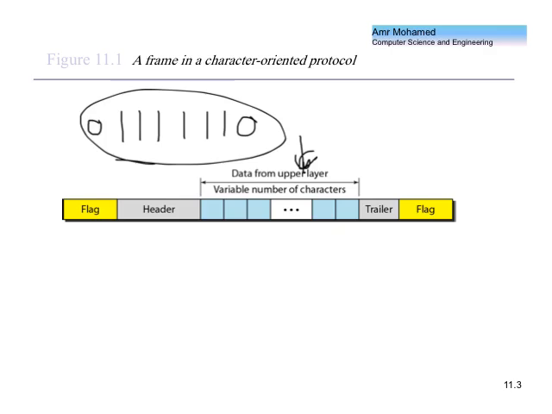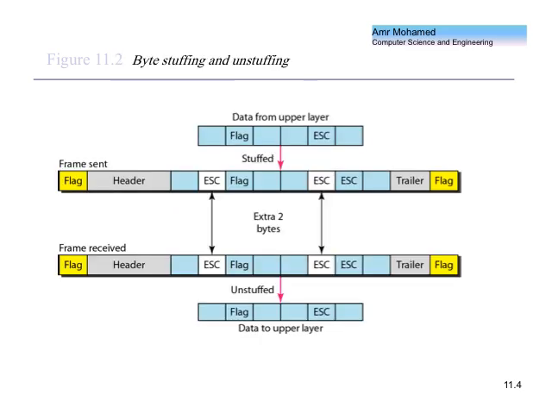So this is the only issue with the framing. The first type of variable size framing is what we call byte stuffing. What byte stuffing means is that I need to use the flag, the 0 and then six 1s and then 0. This is actually what's used in reality. And what I need to do is to perform what we call byte stuffing, which means that I have to